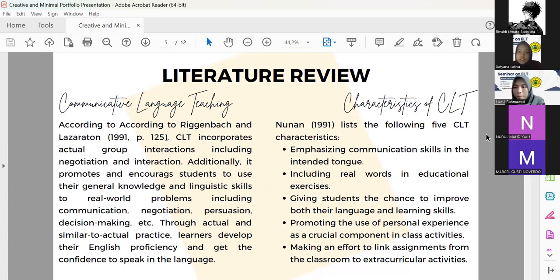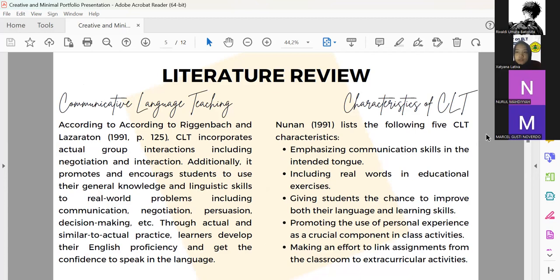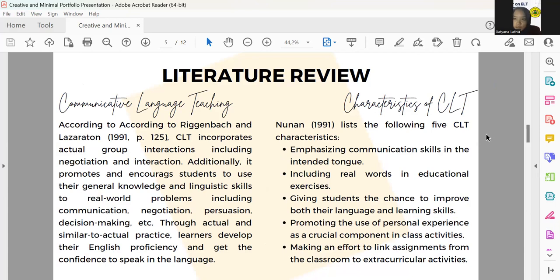For the literature review, the first is communicative language teaching. According to Wigenbach and Lazaraton, 1991, CLT incorporates actual group interaction, including negotiation and interaction. Additionally, it promotes and encourages students to use their general knowledge and linguistic skills on real-world problems, including communication, negotiation, persuasion, decision-making, and through actual and similar to actual practice, learners develop their English proficiency and get the confidence to speak